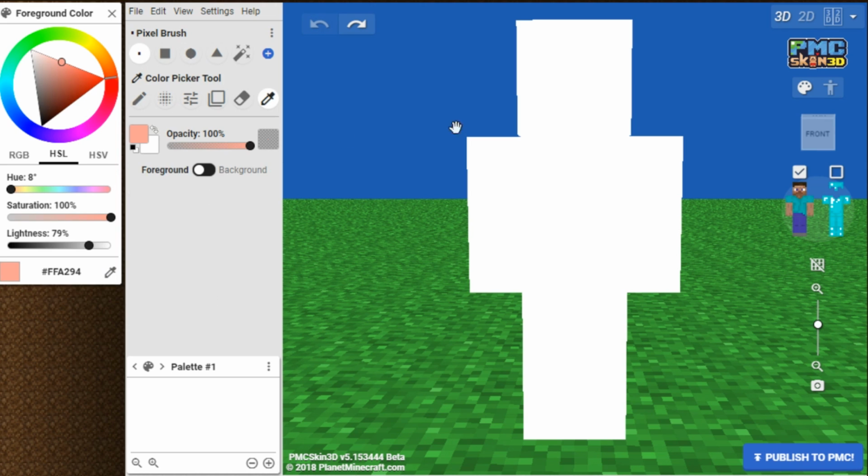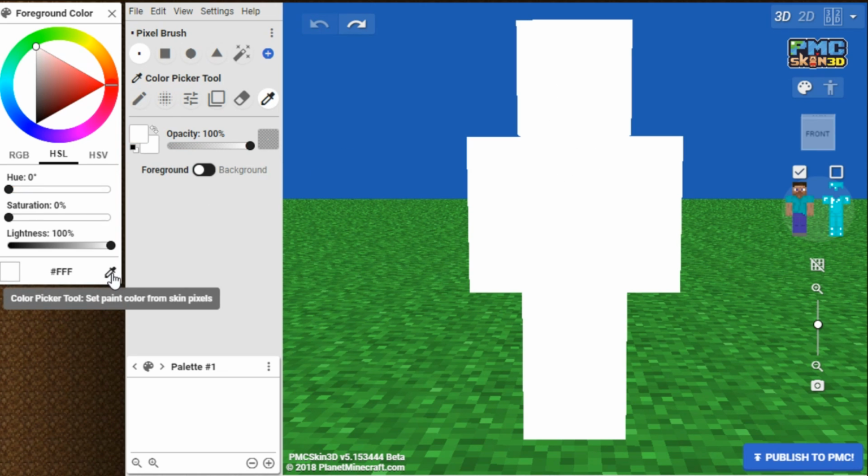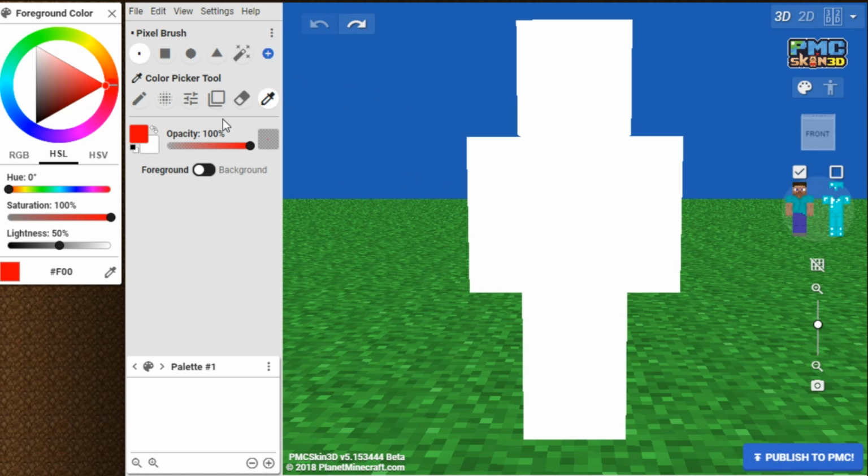This tool down here, you can also pick a color on the skin. We only have white on the skin so far, so we could only pick the white color. But yeah, I'm just gonna turn it back to red. And then you'll see it'll be stuck on the color picker over here, so you're just going to want to bring it back to smooth mode when you do that.